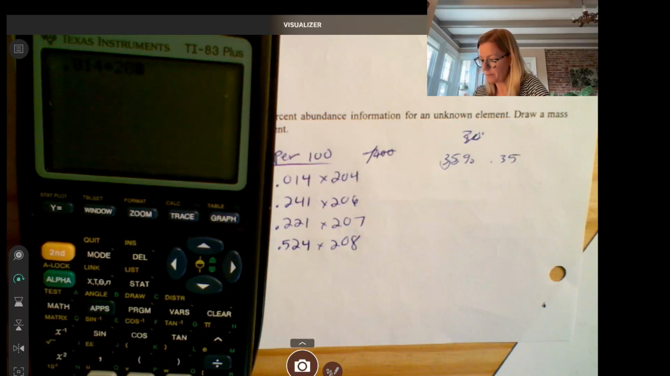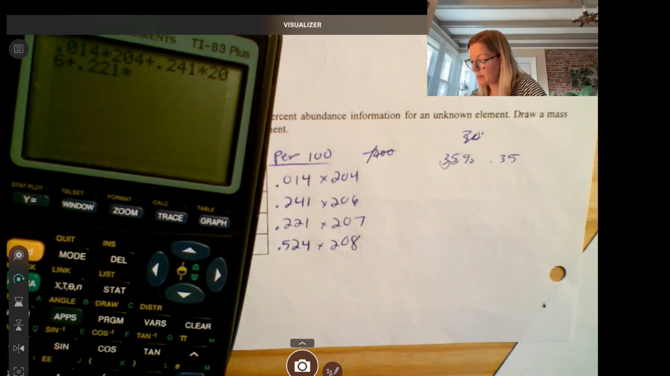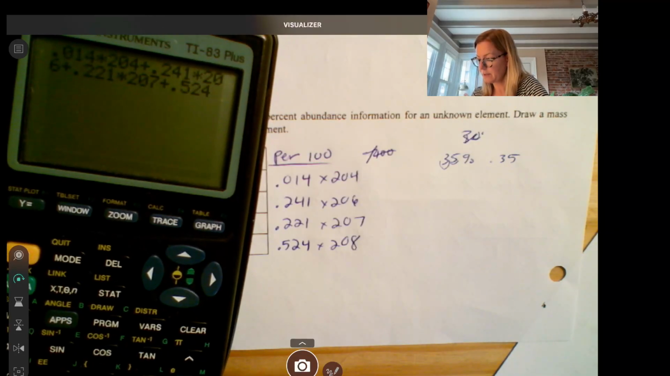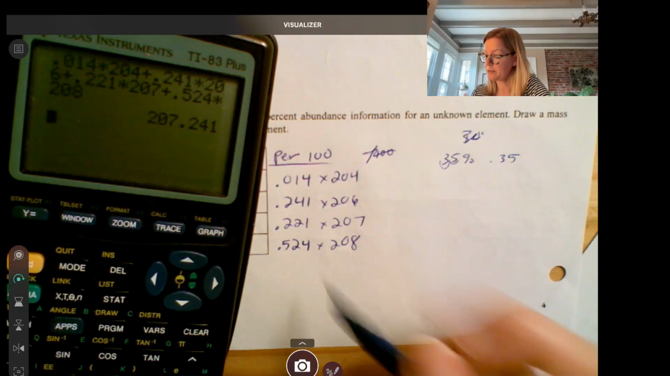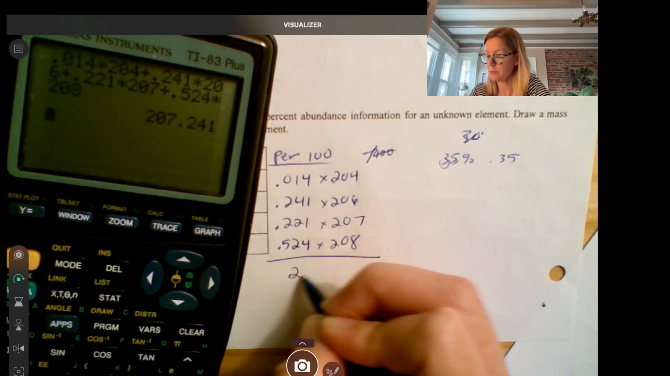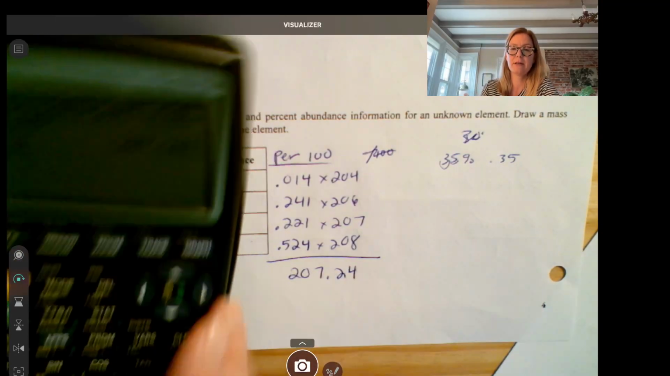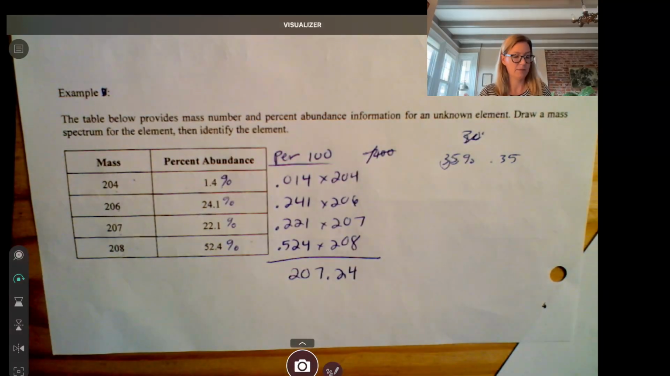0.014 times 204 plus 0.241 times 206 plus 0.221 times, well, let me turn that so you can see it, 207 plus 0.524 times 208. Okay, and that's our answer, 207.24. Okay, you can always round masses from the periodic table to 2 digits after the decimal, because that's mostly,